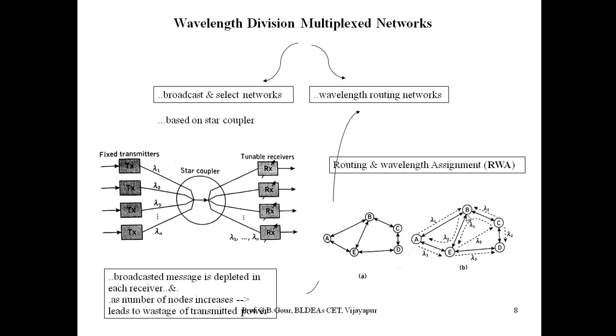and lambda 2 again going from B to A via E, like that. Here you see what we mean by the concept of routing and wavelength assignment. Focus on the 3 nodes A, B and C. Wavelength lambda 2 is going from C to B as input, and it will be routed by node B. Lambda 2 is routed by node B to A through the intermediate node E.